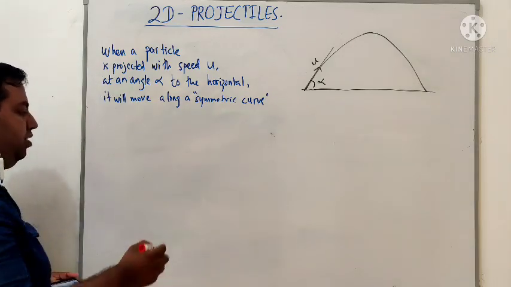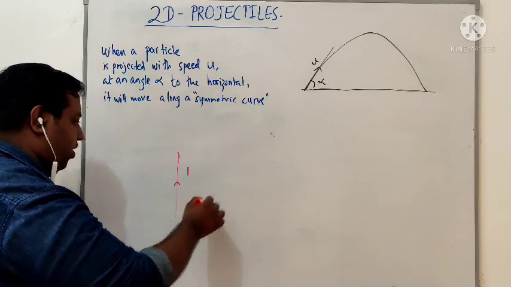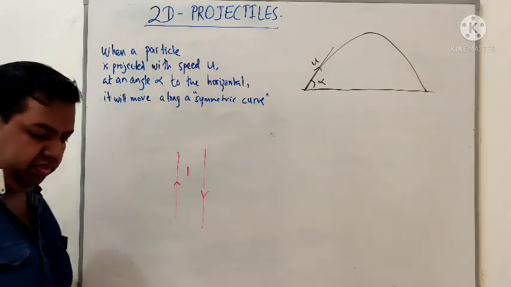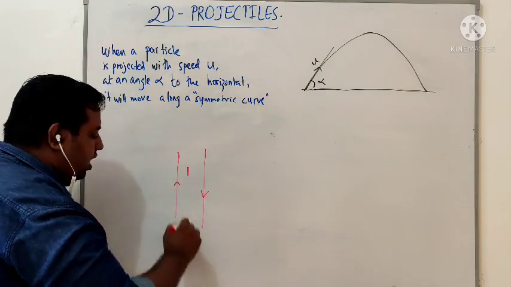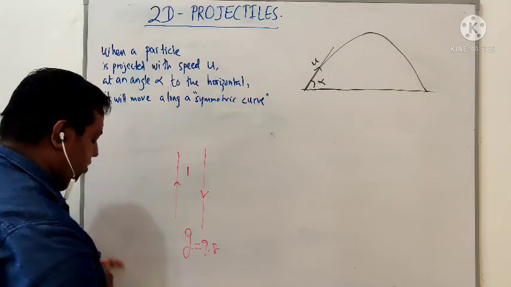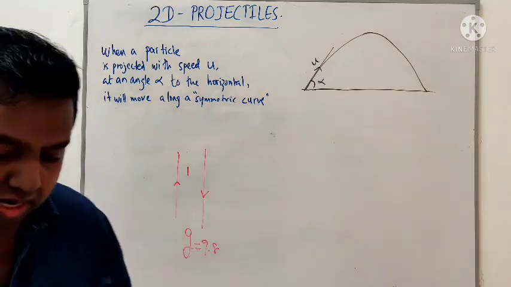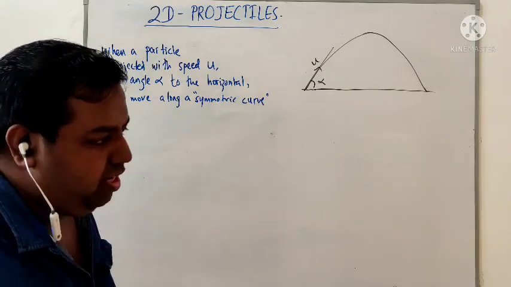Before this one, we studied the one direction upward motion or downward direction motion. So we took the under gravity acceleration g equal 9.8 or 10 ms^-2. So one direction only we studied. This is the 2D. 2D means specific two directions.